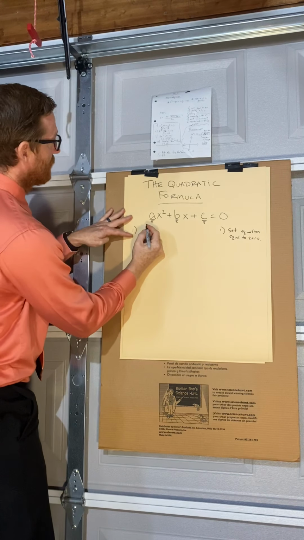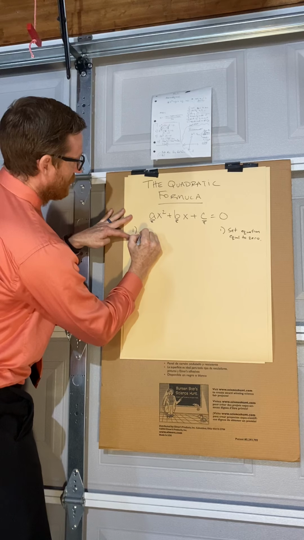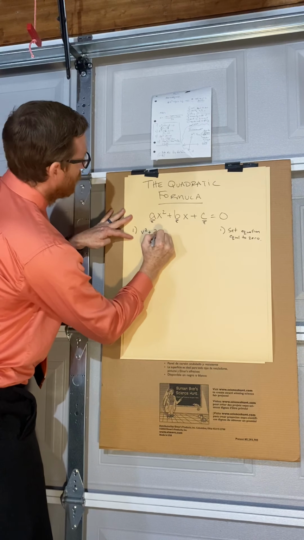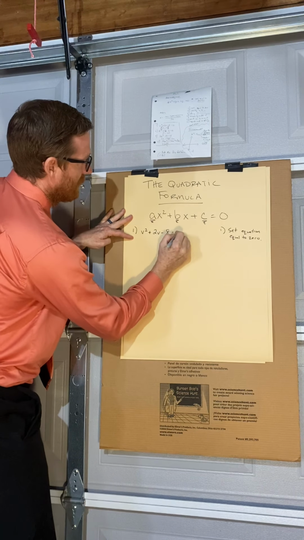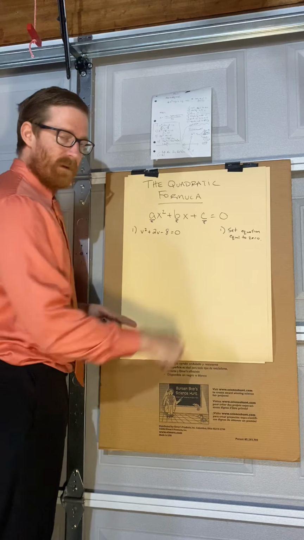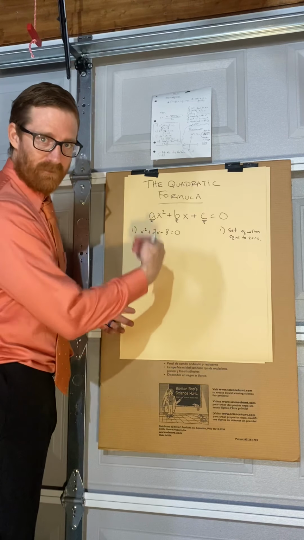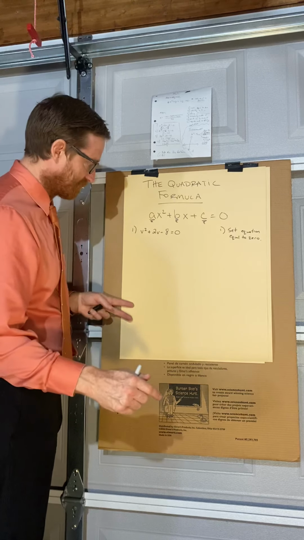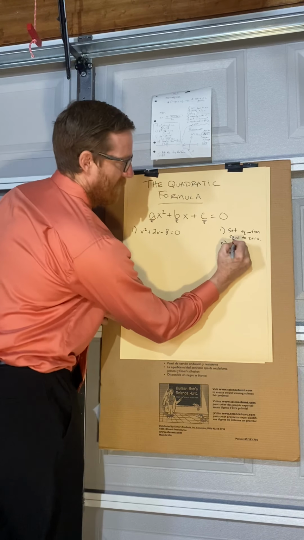It looks like this. V squared plus 2v minus 8 equals 0. This equation is already set equal to 0, so step 1 is done for us. Later on in the worksheet, you'll have to actually do that. Step 2 for these problems is identify